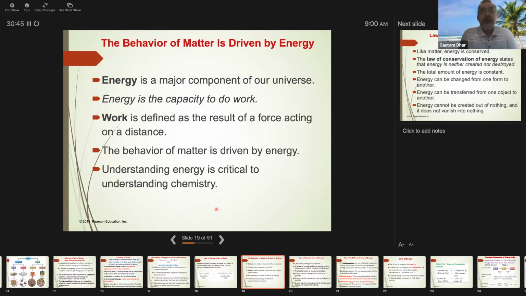Okay, now as I said, matter and energy are basically intricately related. And really, when you think of matter, the physical states of matter, it has to do with the energy content. So the behavior of matter is driven by energy. And if you think of what energy is, as I said, energy is something that does not have mass, does not occupy space. Basically, something that is not matter is energy. Okay, and it is one of the major components of the universe, and at one point, and you can think of we really are still calculating. We have no idea. This open empty space is full of energy.